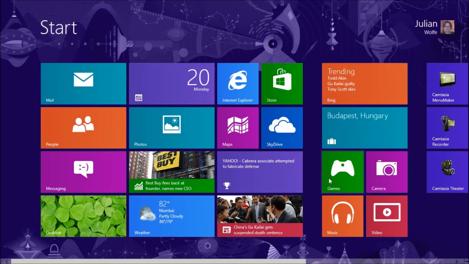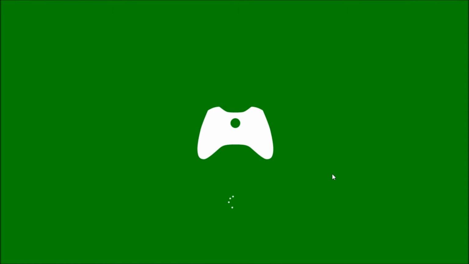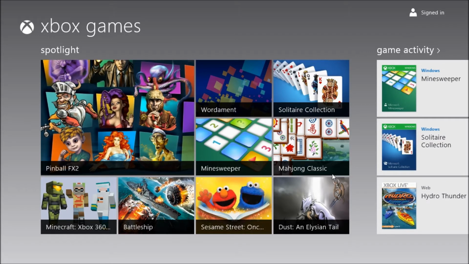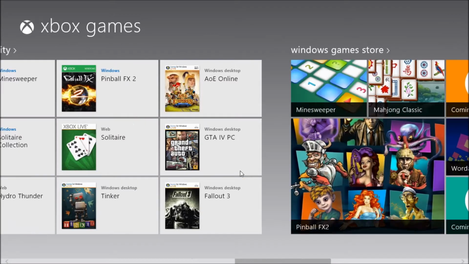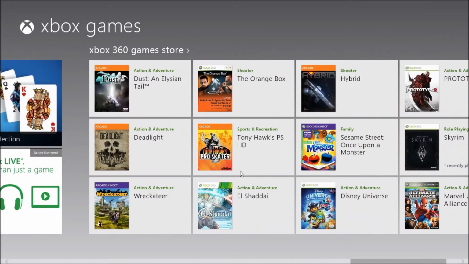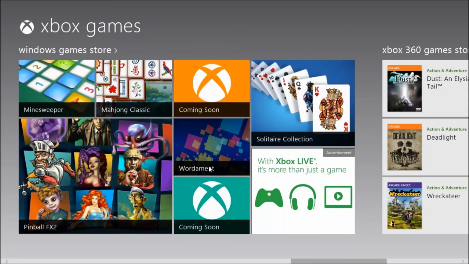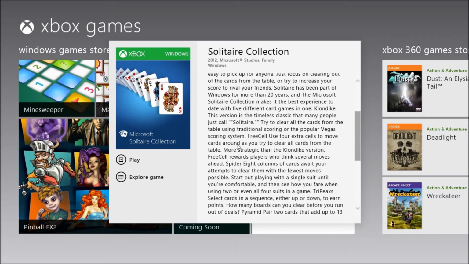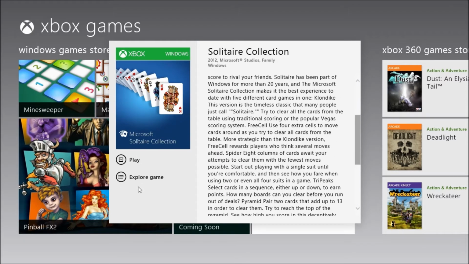So to get them, you're going to go to the game store. So you go to the Games app. And here you will be able to monitor all of your games on the Xbox and on the PC. And essentially, from here, you would then choose a game like the Solitaire collection, which includes a whole bunch of different Solitaire games, including Spider Solitaire and the Classic, and I think even FreeCell's included in there. And of course, they're going to give you a description, and you have two options, play or explore game. I'm going to press play, and